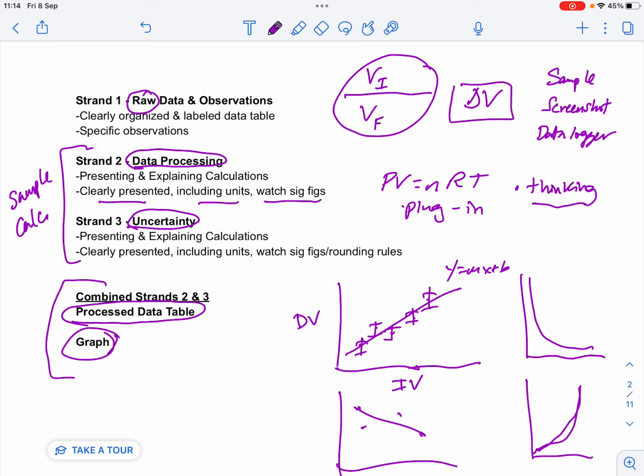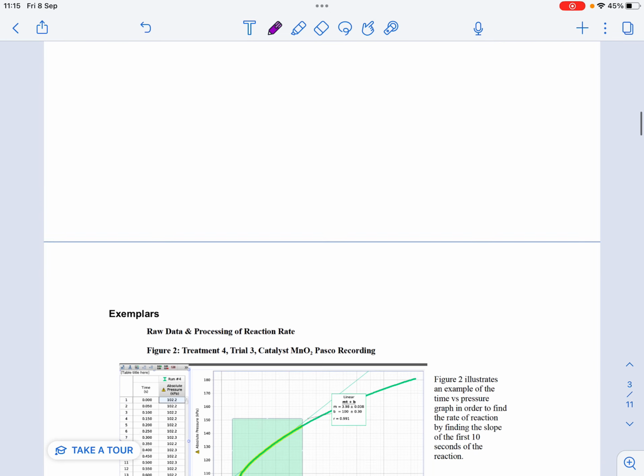In most cases, your IA will be, how does a particular independent variable affect the dependent variable? And the graph gives a nice visual representation of that answer, and also gives a sense of confidence based on things like the fit of the line for the points, and the error bars representing how much precision, how much uncertainty you have. So quick to look at a couple of exemplars here.